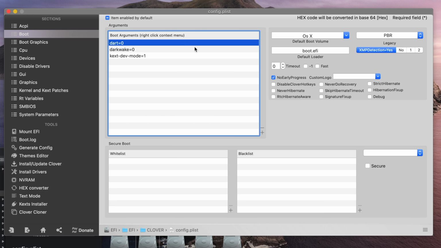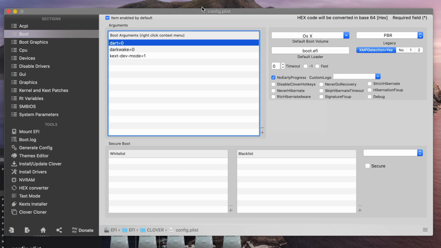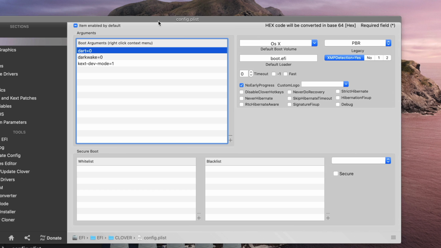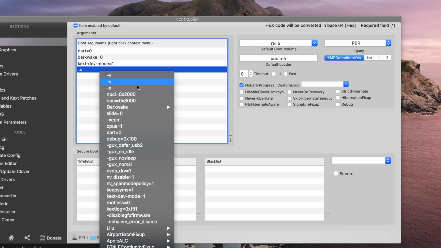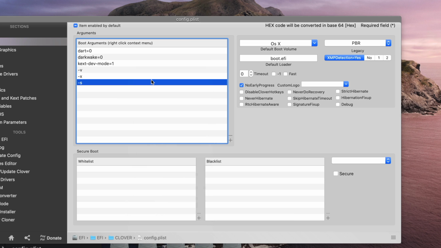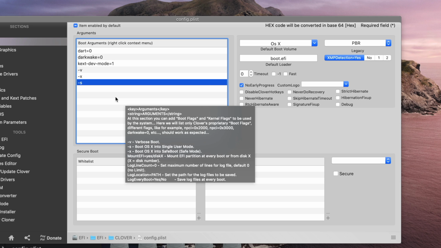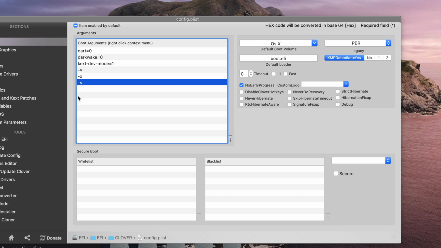Then in the boot section, these are the commands that Clover will apply while booting macOS. So whatever you do will affect the boot up style. You can add -v for verbose to see what's going on when the system boots up. You can use -x for going to safe mode. You can use -s for going to single user mode while you boot up to Hackintosh. You can use npci for selecting a specific graphics card. You can use slide=0, you can use cpus=1, which will enable just one CPU core in your system. And there are a ton of different things which you can study, and I will try to explain